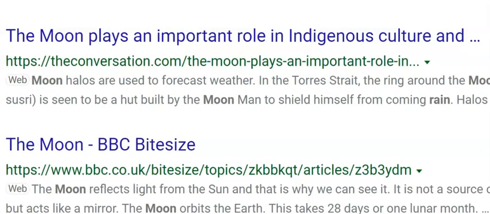Moon halos are used to forecast weather, right? There's probably a bit of coded truth in some ideas about this, the moon man, right? Because